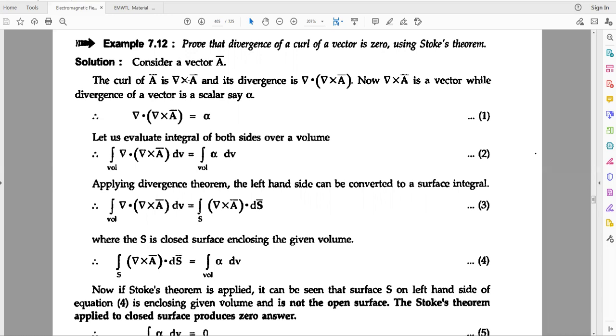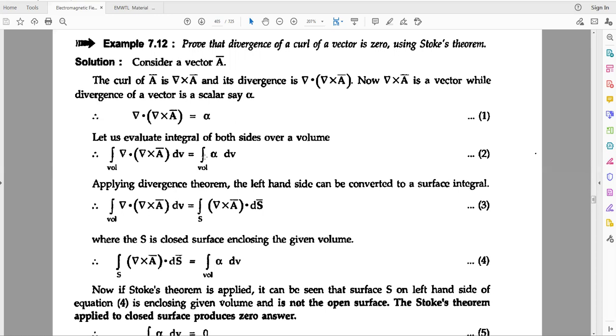So the curl of A bar is del cross A bar, and its divergence is del dot. Divergence means the dot product: del dot del cross A bar. Now del cross A bar is a vector, while the divergence of a vector is a scalar, which we can consider equal to alpha. Apply the volume integral on both sides. The volume integral of del dot del cross A bar dV is equal to